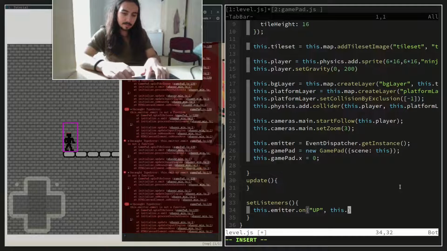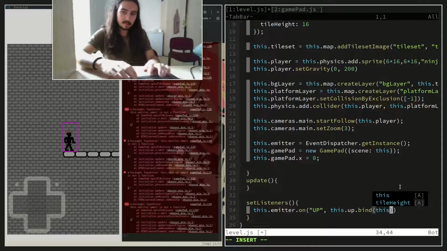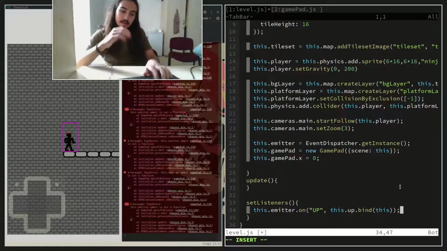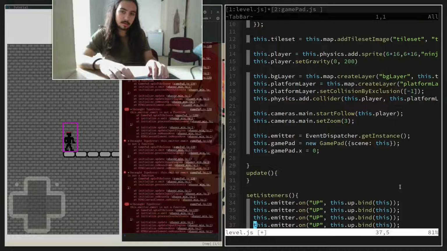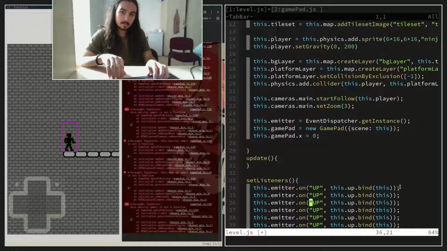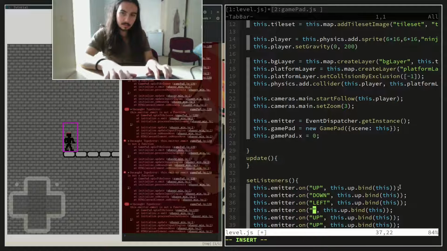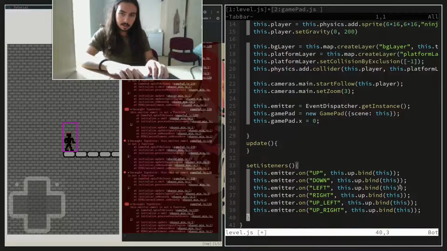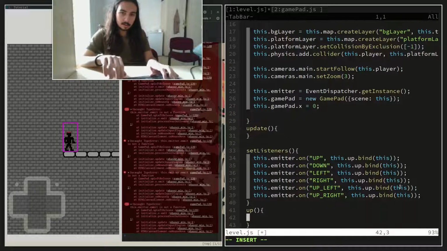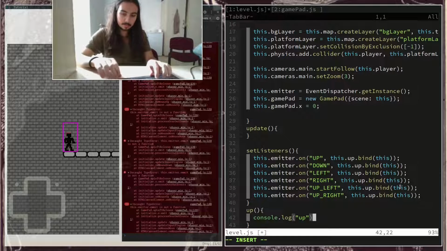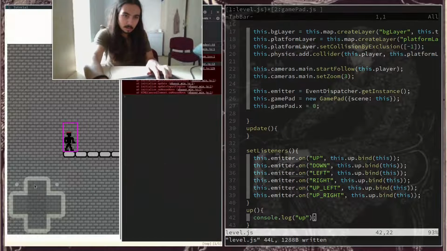This dot up dot bind this, and then down, left, right, up, right, down, left, right, up, left, and up, right. And down here we will create the up function. Let's just say for now console log up, and if we press on it,